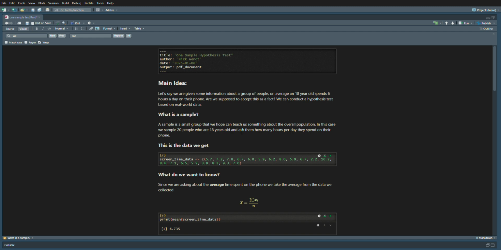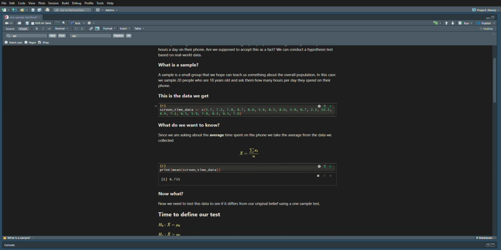So we can't go around asking every 18-year-old in the world how many hours a day they spend on their phone. So we draw a sample. A sample is a small subset of the population. In this case, we ask 20 people who are 18 years old how many hours a day they spend on their phone. This data represents that sample. It's just some random numbers that I selected. I didn't actually ask people,